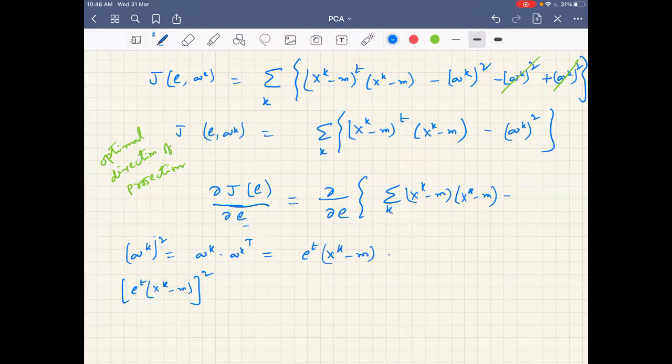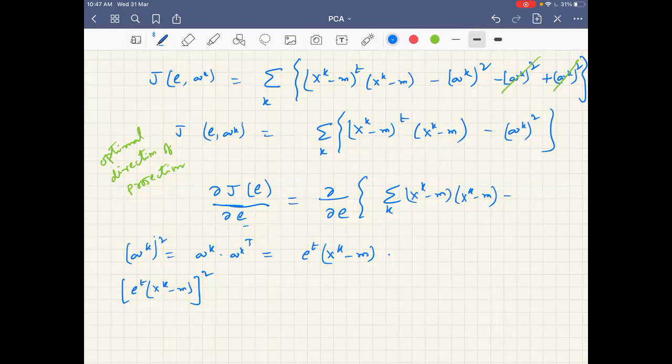Shouldn't it be AK transpose into AK, sir? Because at the end of the day, we need a scalar, right? Why do I need a scalar? I mean, AK square is a scalar, right? No. See, AK is a scalar. AK into AK transpose is also a scalar. Even if I write like this and calculate the whole thing, what I get is a scalar. In both ways I will get a scalar because AK is a scalar.